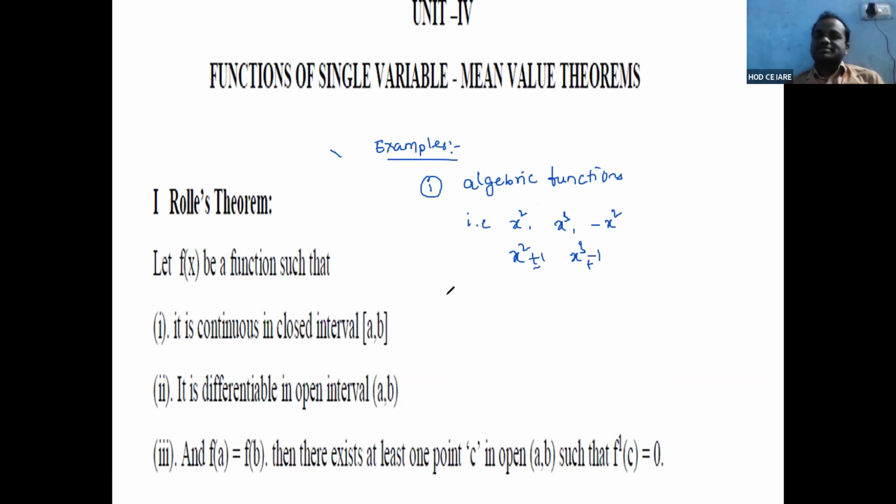ఓకే, నెక్స్ట్ సెకండ్ వన్ ఈస్ trigonometric functions. Okay, what are the trigonometric functions? It is nothing but sin x, cos x, okay, tan x in the limit of minus 90 to plus 90. Okay,